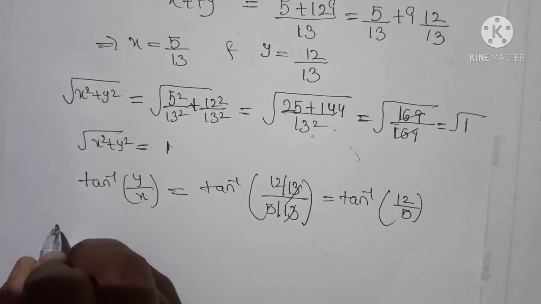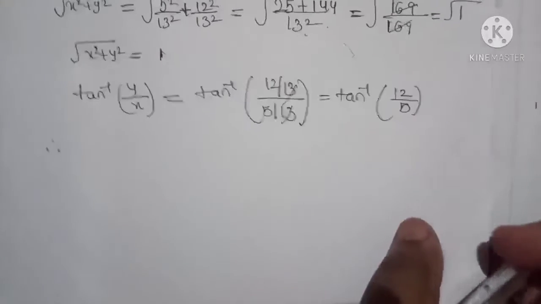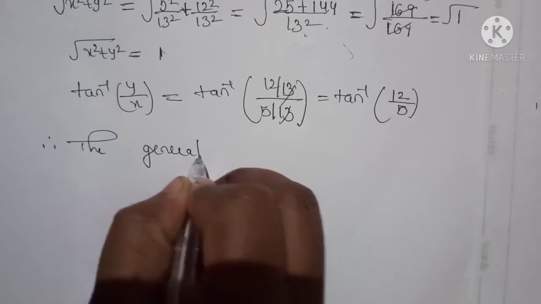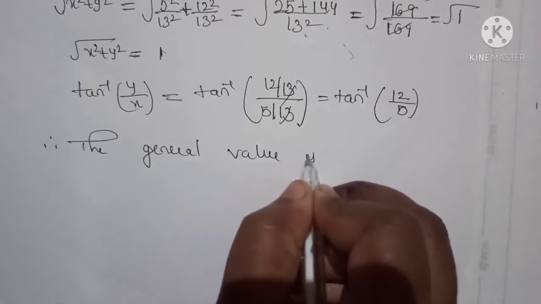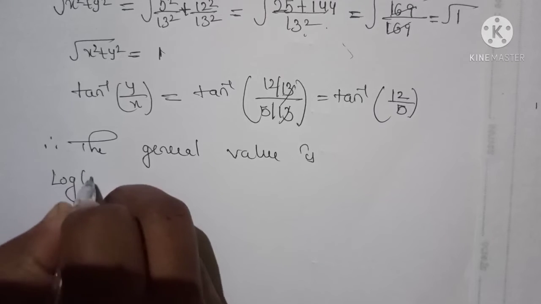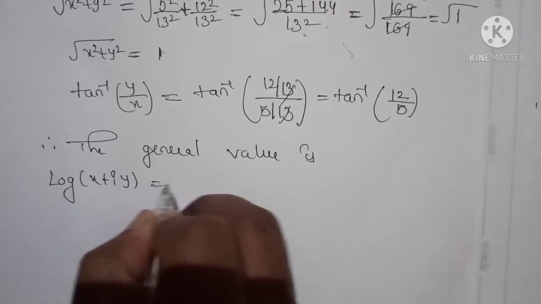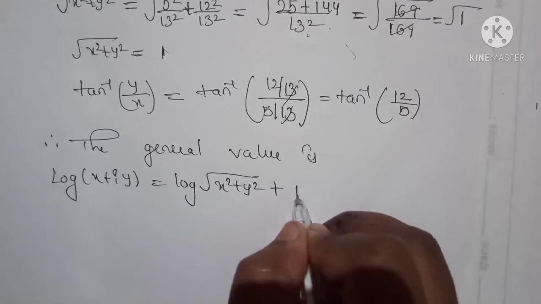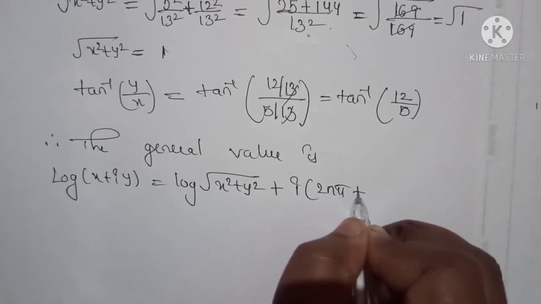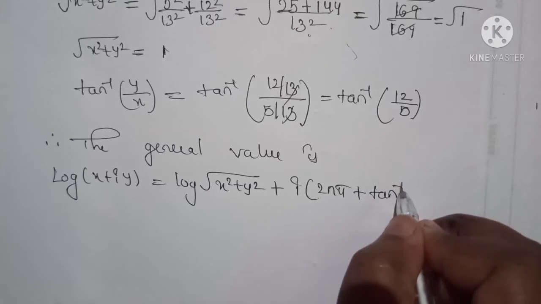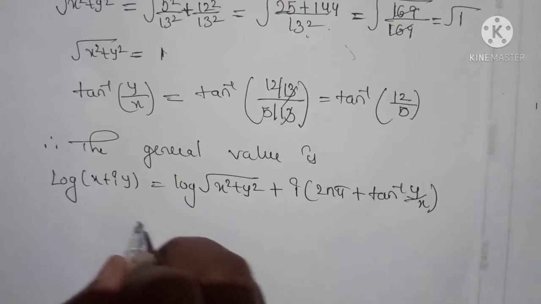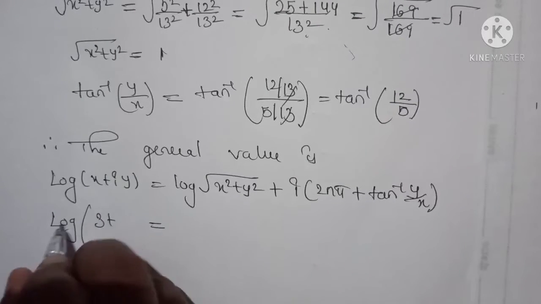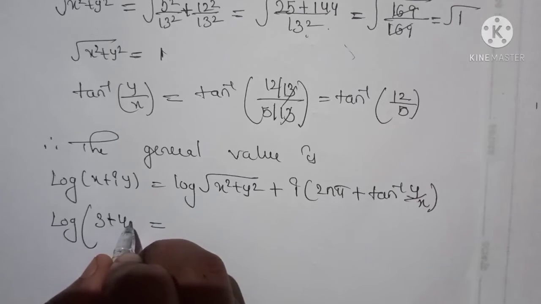Therefore the general value is, first we write the formula, log of x plus iy is log square root of x square plus y square plus I 2n pi plus tan inverse of y by x, which is equal to log of the given number, 3 plus 2i